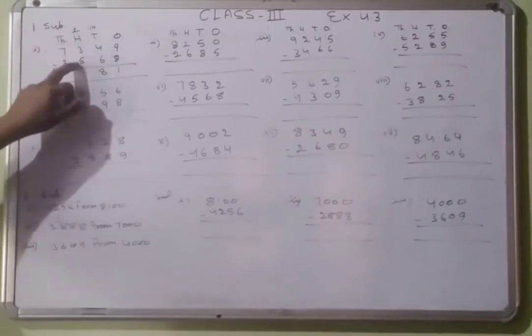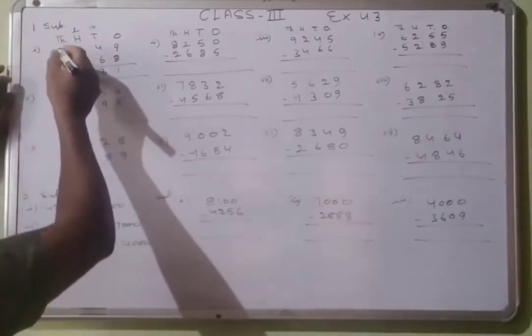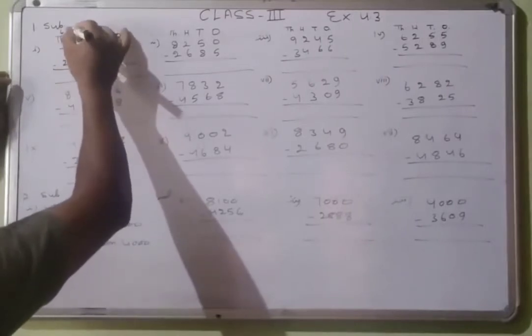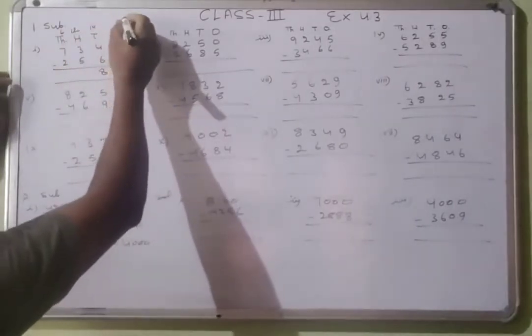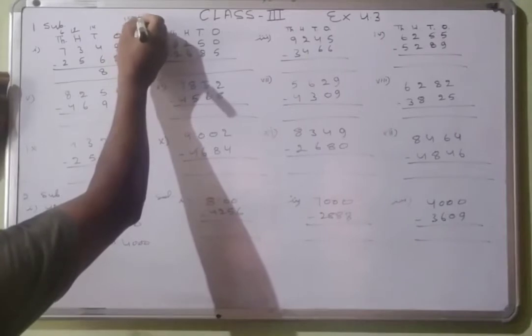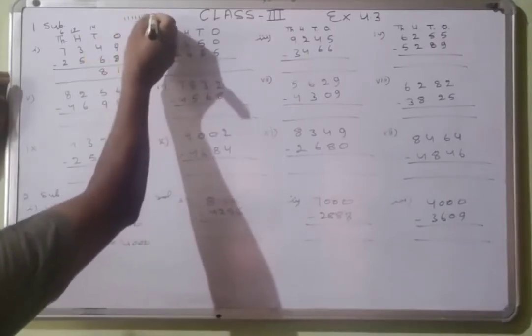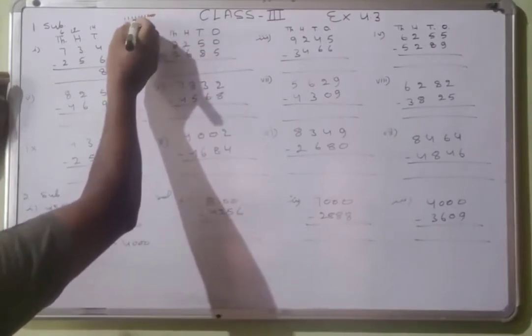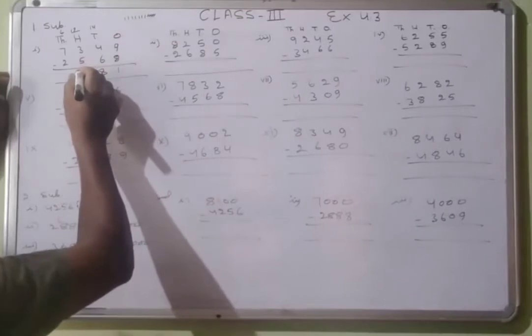Now this is the 2. So 2 less 5 is not possible. So we will take the carry from here. So that will be 6, or this will be 12. Now this will be 12. So 1, 2, 3, 4, 5, 6, 7, 8, 9, 10, 11, 12. Less 5. 1, 2, 3, 4, 5. Left is 1, 2, 3, 4, 5, 6, 7.